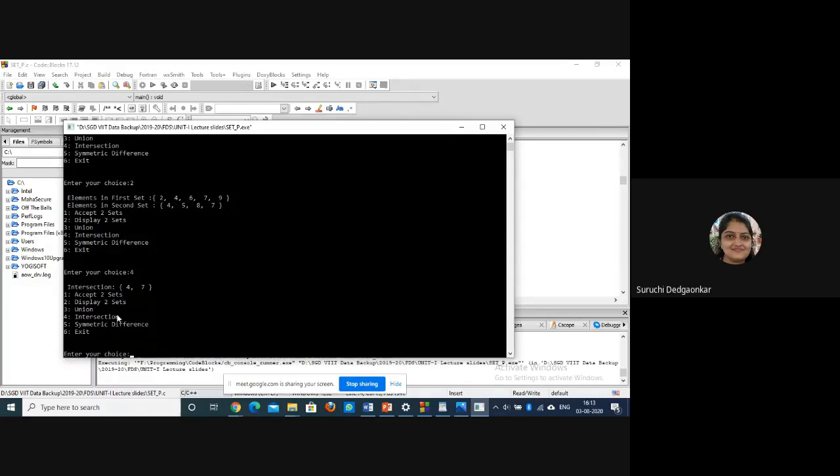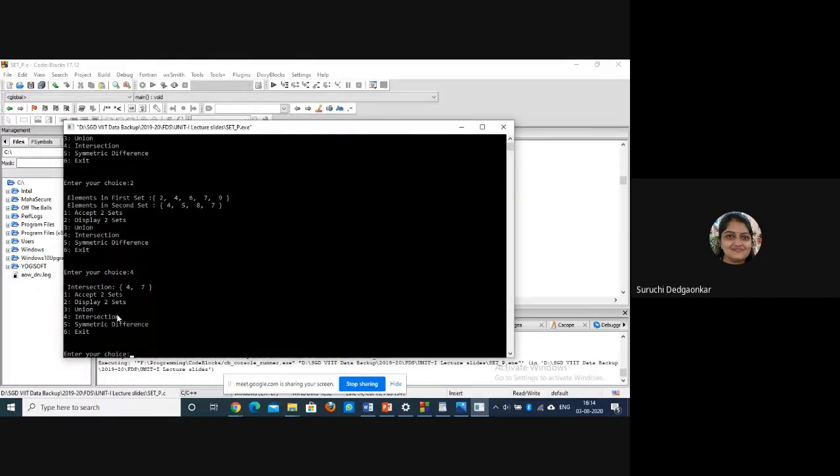Okay, so I want all of you to practice this code. Up to this you write accept, display, and intersection function. Okay, one by one. Write accept, display, check whether it is working properly or not, and then go for the intersection function. Don't directly write complete program, that is not a good practice for program writing.